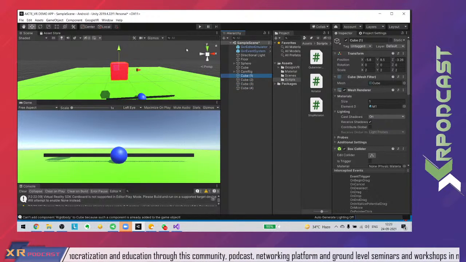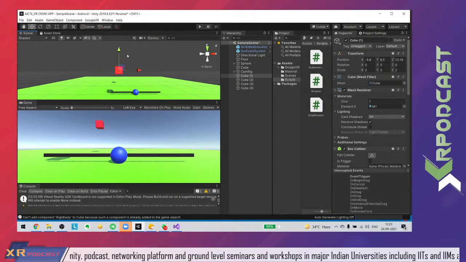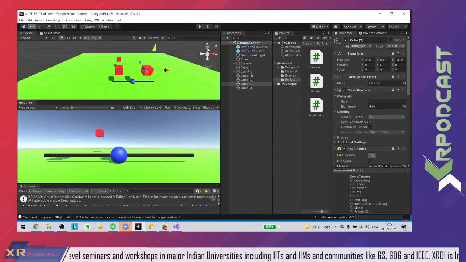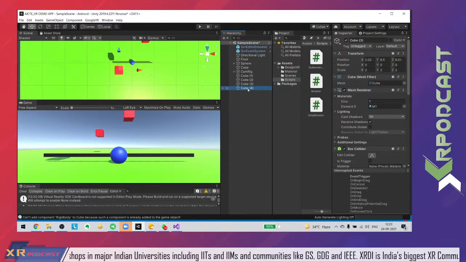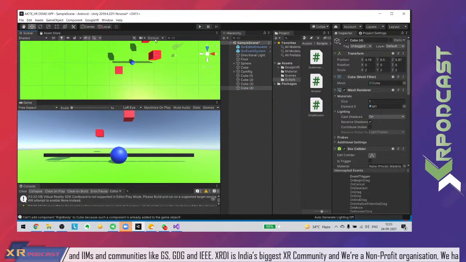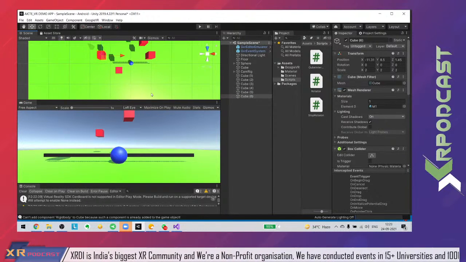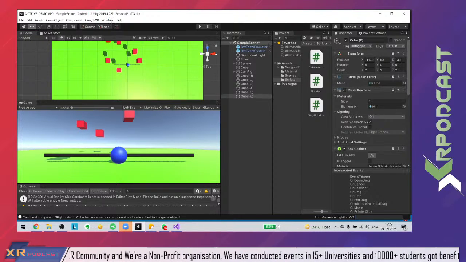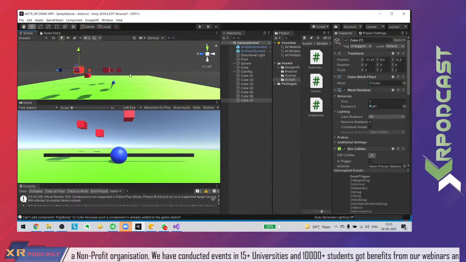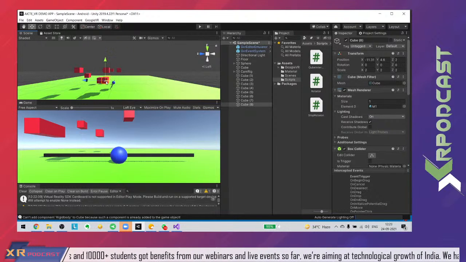1, 2, 3, 4. So 2 is going to be somewhere here and here, and 3 is going to be somewhere here and here, and 4 is going to be somewhere here. So there are multiple cubes, and all the cubes will basically do as I want on this particular instance. Okay, so this is a very lame type of game which we have created here,